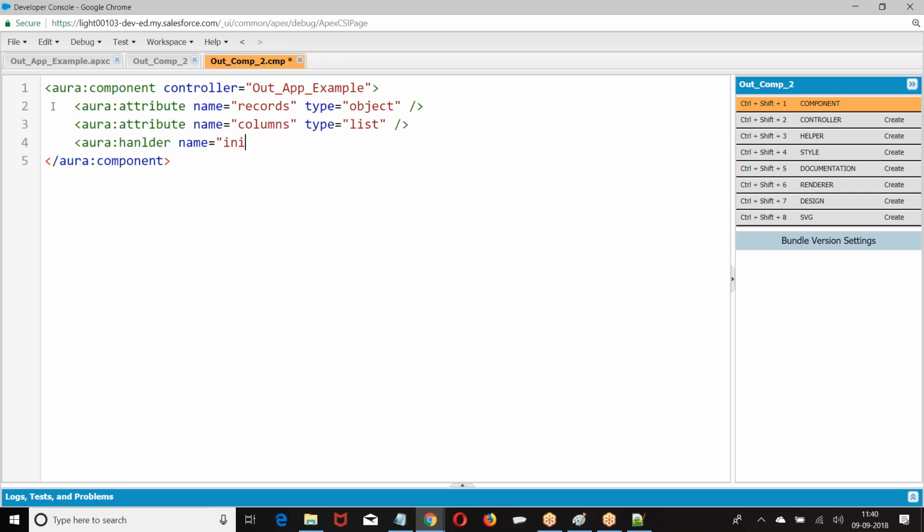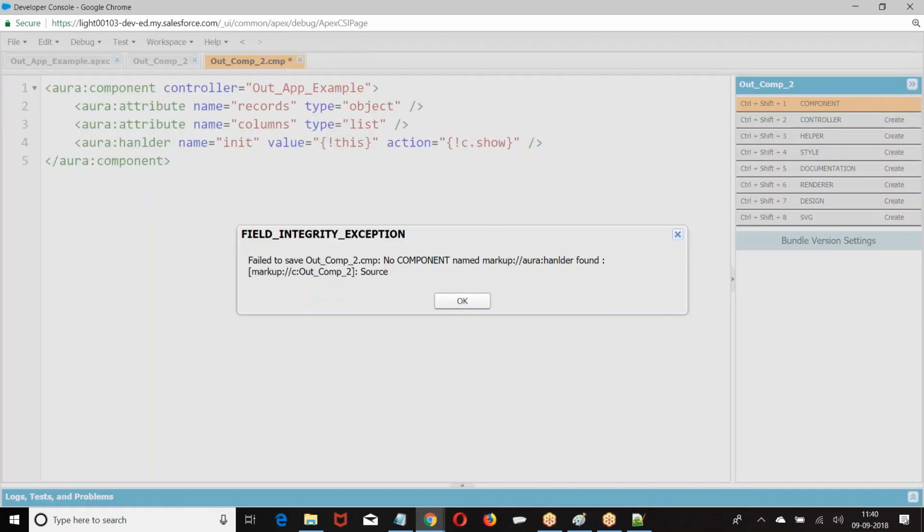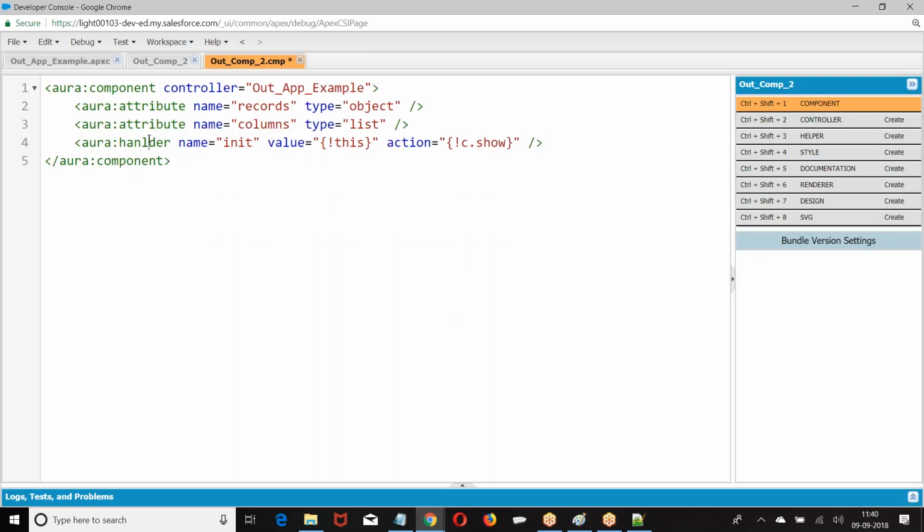Handler name equal to, value equal to this. Your handler, then a controller I'm giving.